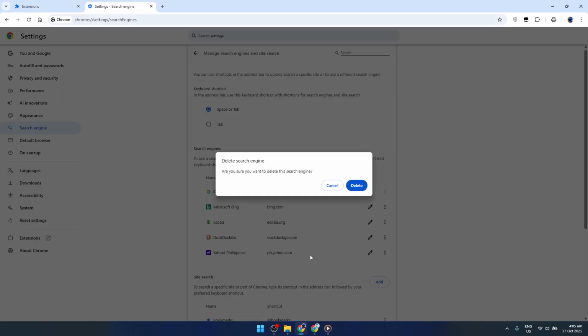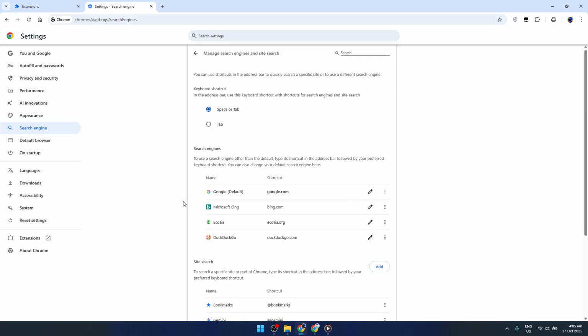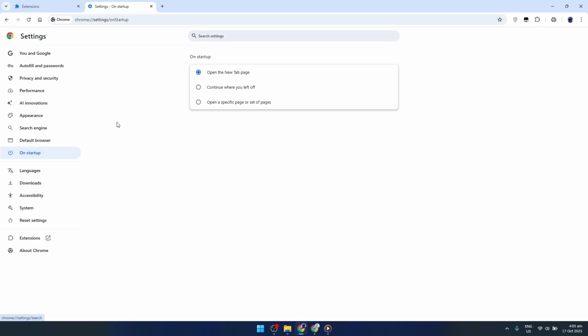Next up, we need to check your startup settings. In Chrome settings, find and click on Startup from the left-hand panel. You'll want to make sure that this is set to either open the new tab page or open a specific set of pages. If you choose the latter, double-check to make sure only Google or other trusted sites are listed. If there are any unfamiliar or suspicious URLs, especially those related to Yahoo or unknown domains, be sure to remove